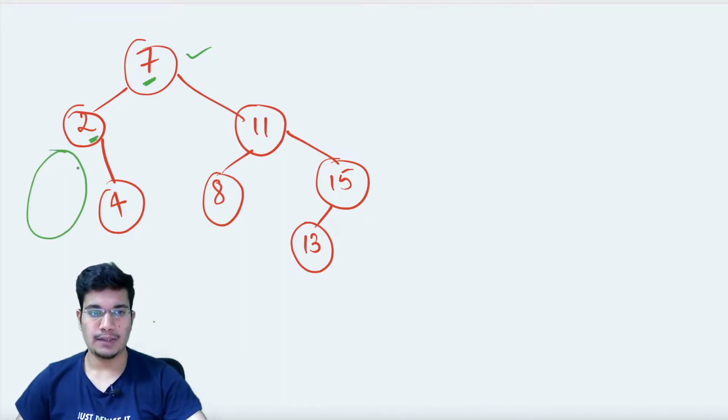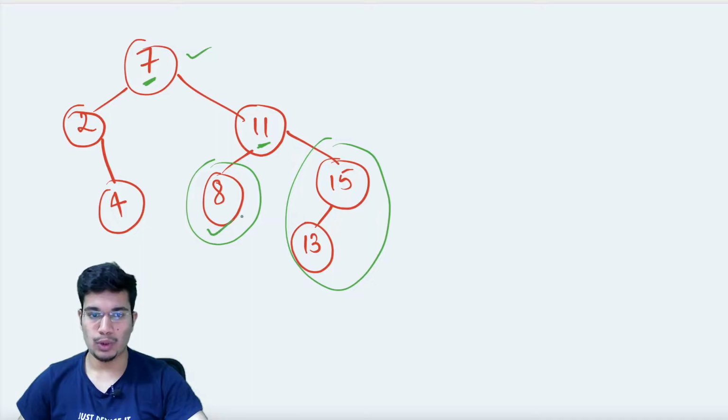We'll make a call on its left subtree, it's empty. Then right, these values should be greater than 2. So 4 is greater than 2, that's fine. Similarly, I'll do the same thing for node 4. So I'll make calls here and here, and you get the idea. Then from 11 also, I'll make a call here and then here. So this value is smaller than 11 and these are greater than 11. So that's true for 11 as well.